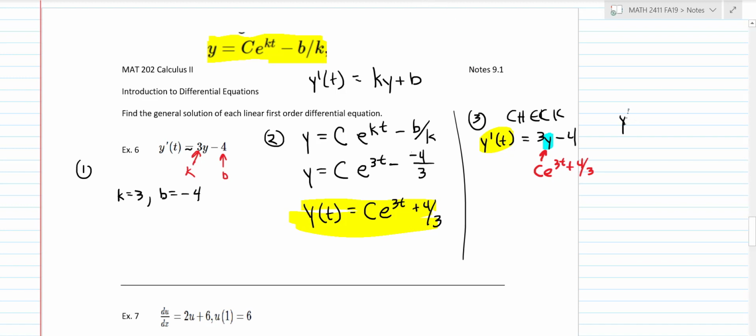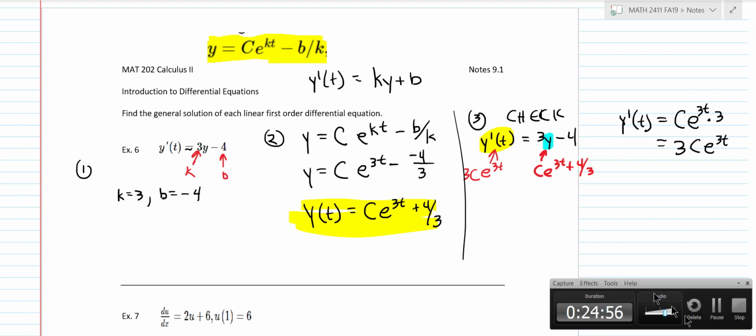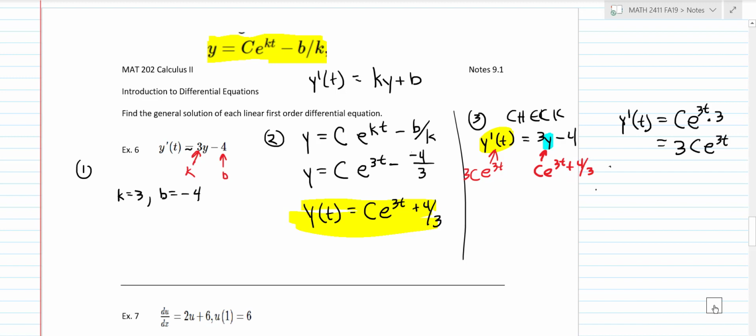Let's do the derivative y prime of t. We're doing the derivative of this thing. That is just c e to the 3t times 3, which gives 3c e to the 3t. So that's what gets plugged in there. Let's see what happens on this side then. Did I miss something here? No, I'm good. I thought it wasn't going to check, but I see how it checks now. This is just 3c e to the 3t,